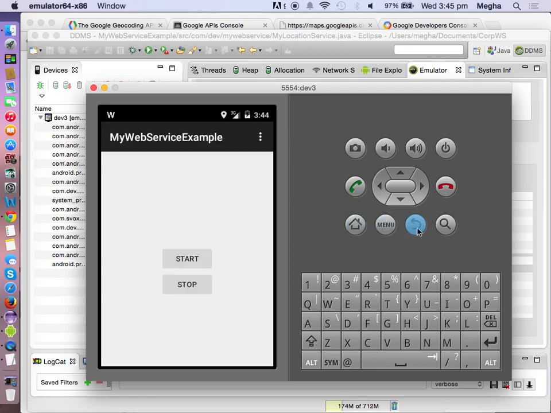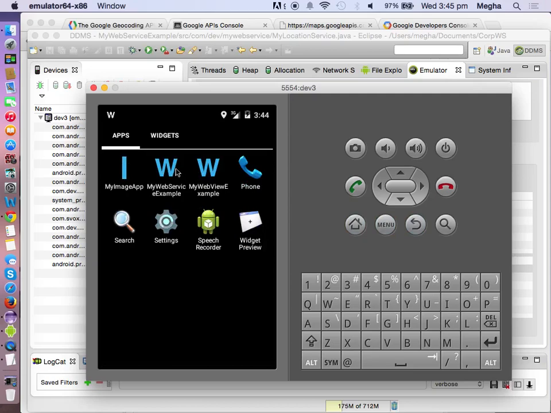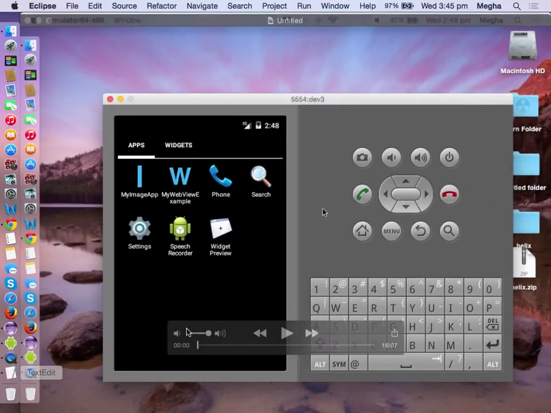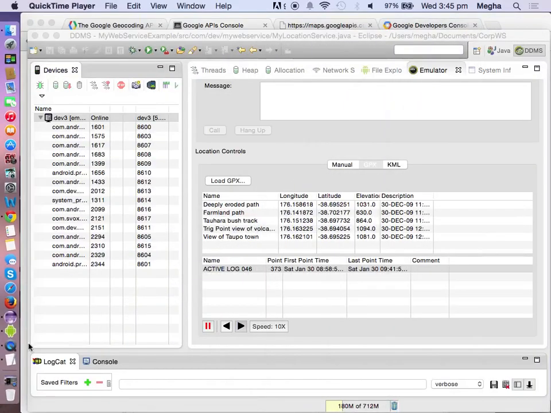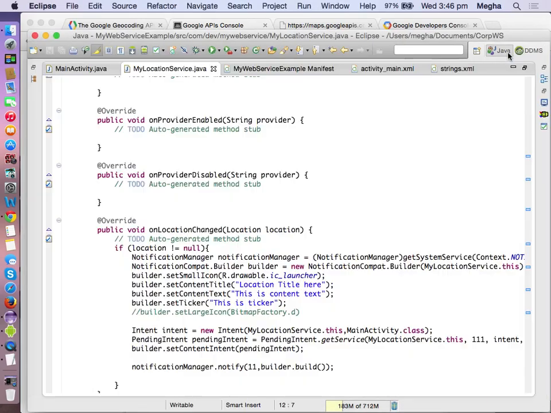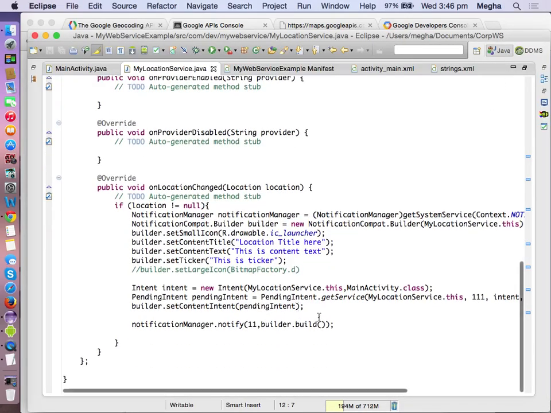I cannot dismiss it now. Okay. First time it got executed, but instead